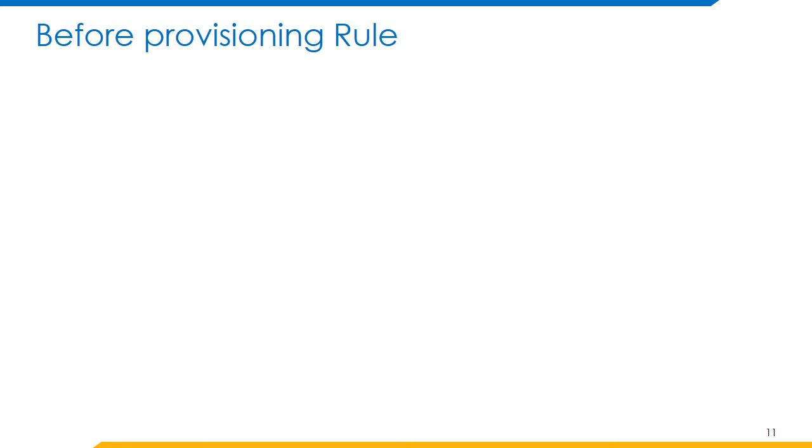Before provisioning rule. Provisioning helps us automate assigning or revoking the access to the target application. Before provisioning rule is a rule that would be helpful during the provisioning. It shall be run just before any provisioning plan is about to be executed. This rule provides us with the provisioning plan so that any modifications to the plan just before provisioning happens could be performed.